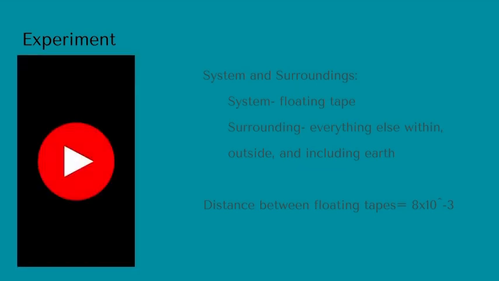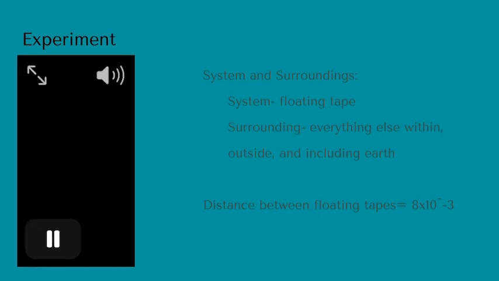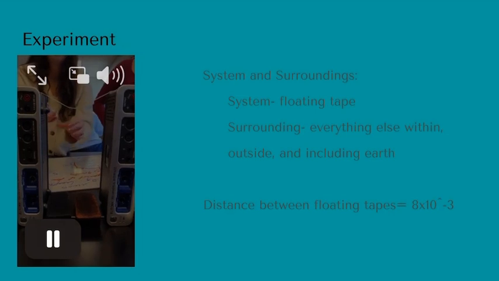So to differentiate our system and surroundings, the system is the floating tape, and the surroundings are everything else outside, including Earth. And so we see in this video,